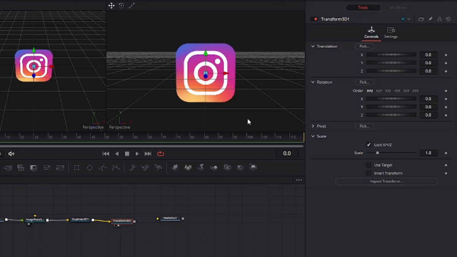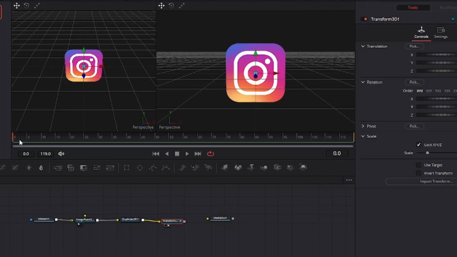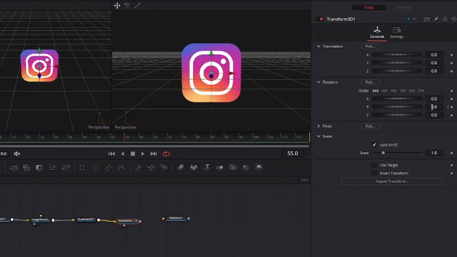So what we're going to do now is click the diamond in the beginning, and get the time indicator somewhere right here. You know what, let's make it shorter so it's just easy. All right, so I'm going to end the rotation right here, and right here I'm going to say 720. Is it 7? Yeah, 720. All right, so when I play it,